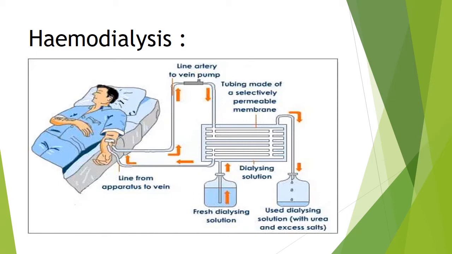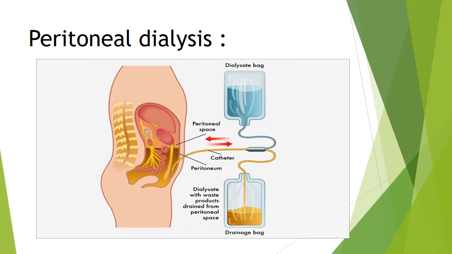The separation of the waste is done by creating a counter current flow gradient, where blood flows in one direction and the fluid of the dialyzer flows in the opposite direction. Now, after passing the blood through dialysate, the patient's blood becomes cleaned. Then this clean blood returns into the patient's body through a second catheter. So students, note down one thing more, that each dialysis treatment lasts about 4 hours.